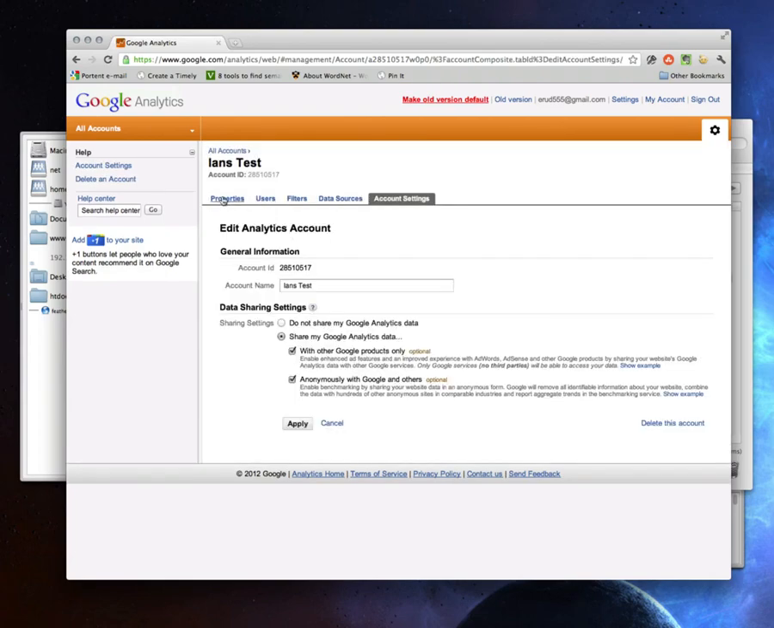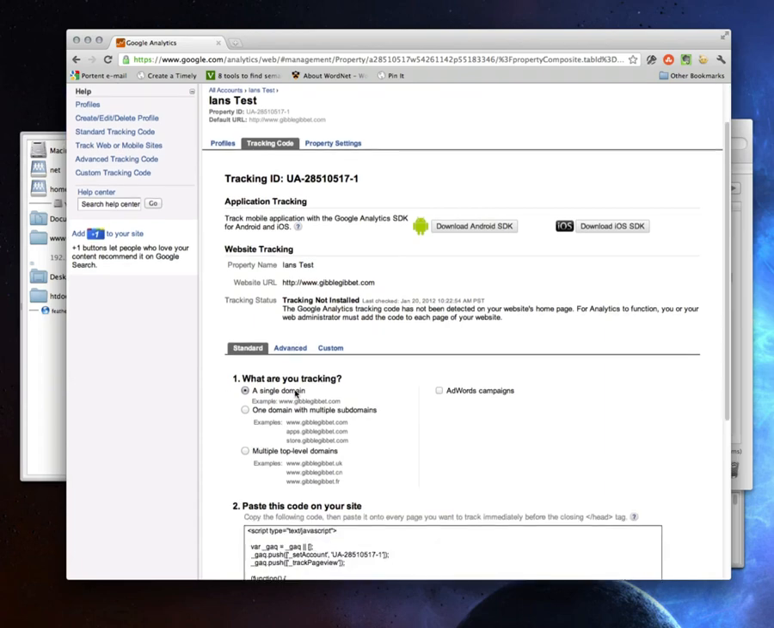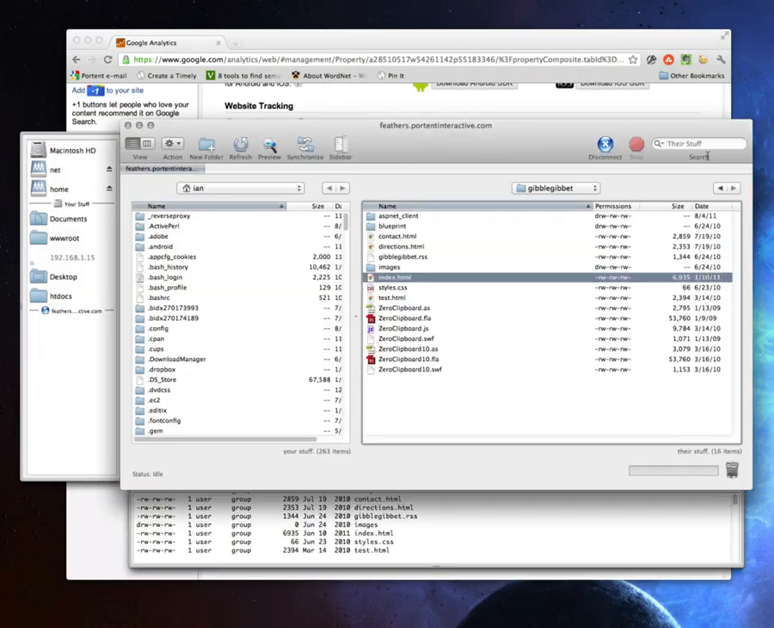and I have my code. Whoops, sorry. So I'm going to go again and just grab my code. I'm just copying it. And if I have a regular static website,